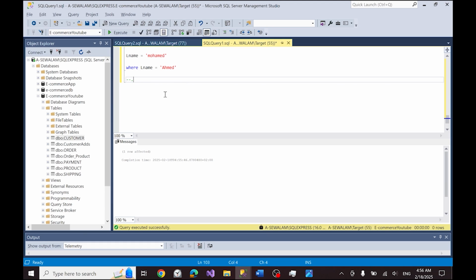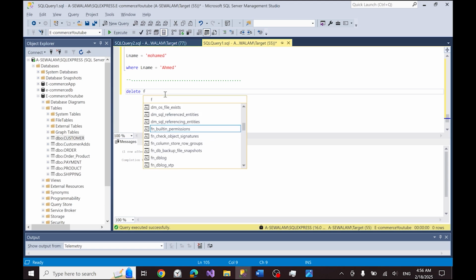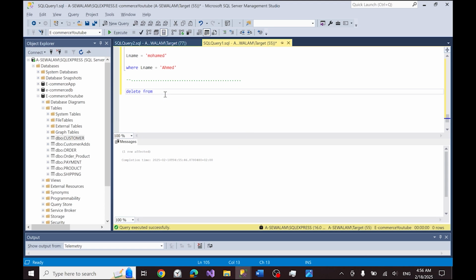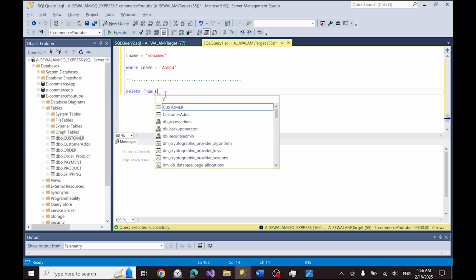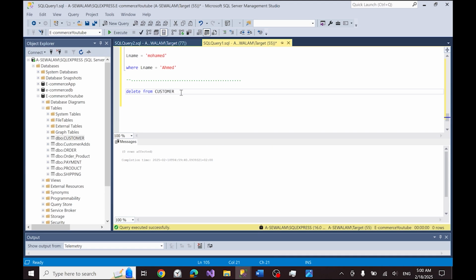The last CRUD operation is delete. We use it to delete a specific record on the table, not to delete the whole table. The syntax of this operation is so simple. We write delete from, then we give the table name, then we give the condition upon which we will delete, where